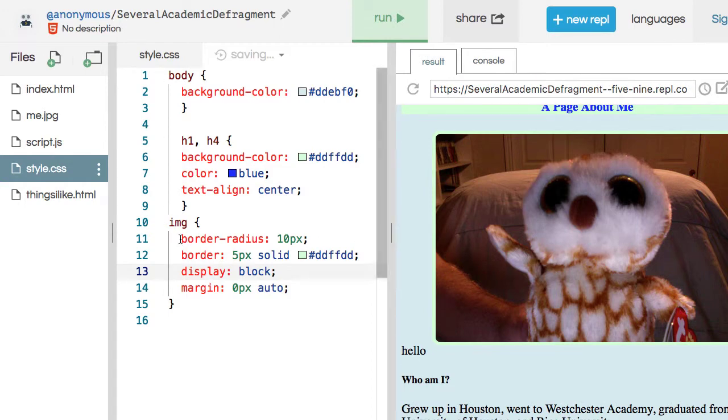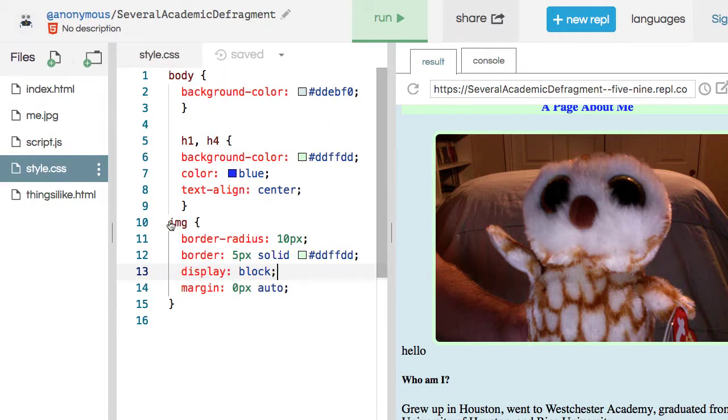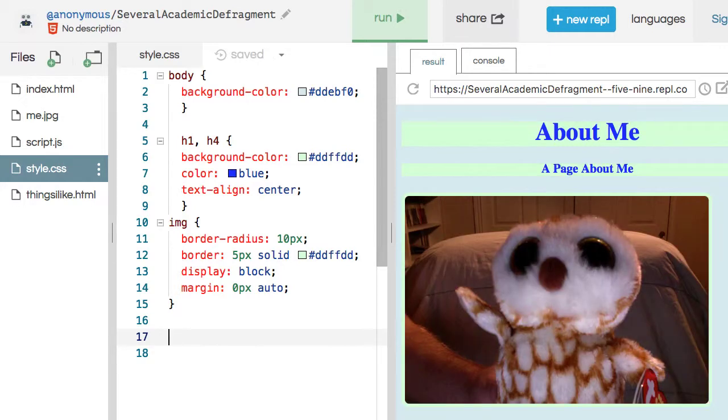Now what if we don't want every image to be affected that way? What we could do instead is give this an ID. I'm going to go ahead and delete hello because I was just doing it to show. So I'm going to call this ID equals me-image or something. Me-image, whatever. Now in style, instead of targeting all images to do this, we can target an ID. To target an ID, I can target that specific ID with a hashtag or a pound sign instead. So what did I call it? Me-image, I think. And I can open those brackets,